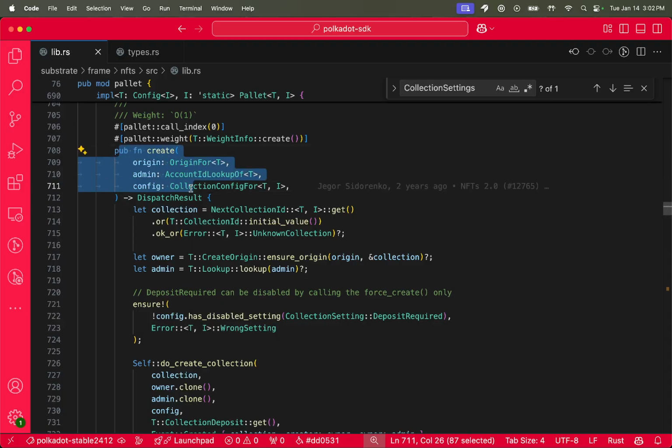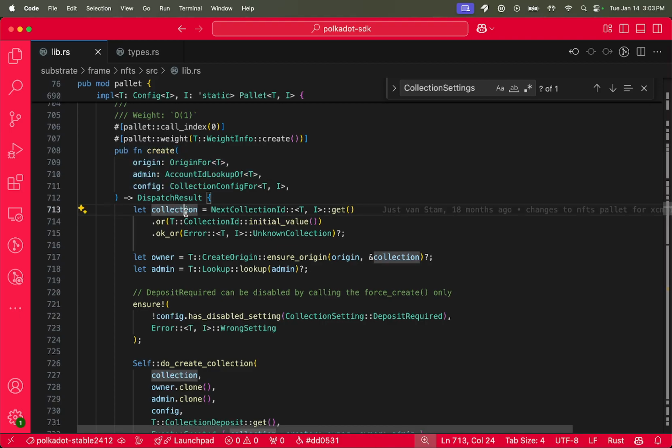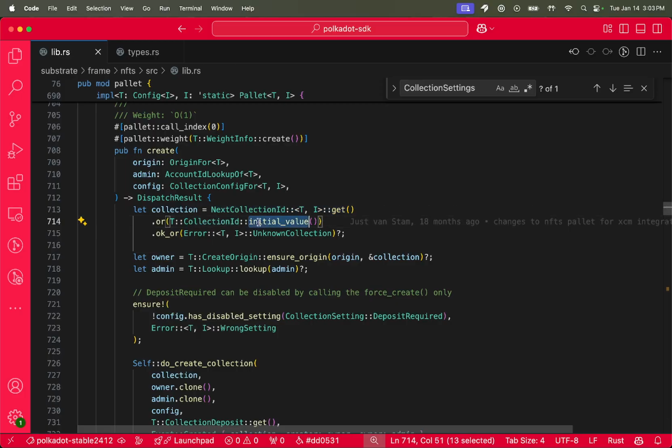Okay. So this is the dispatchable function for it. And we can see the very first line of code in the function is creating the collection. So it calls next collection ID and it grabs it. So if this is the very first collection, it will call collection ID initial value. Okay. So in order to understand this line of code here, we actually have to understand what the heck is